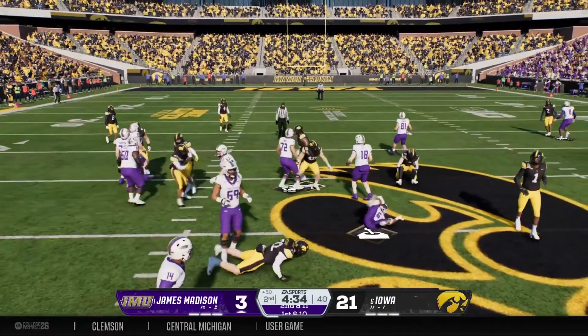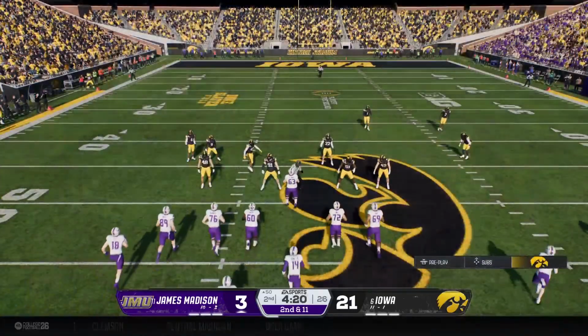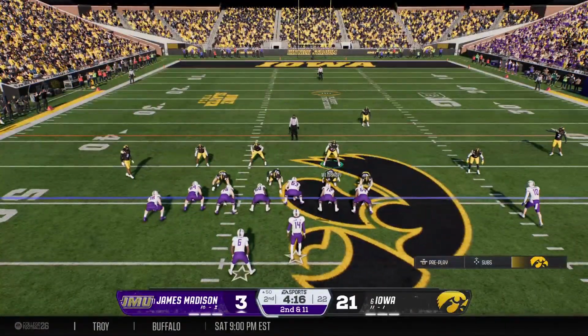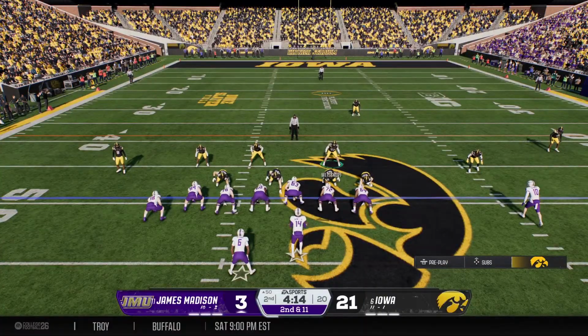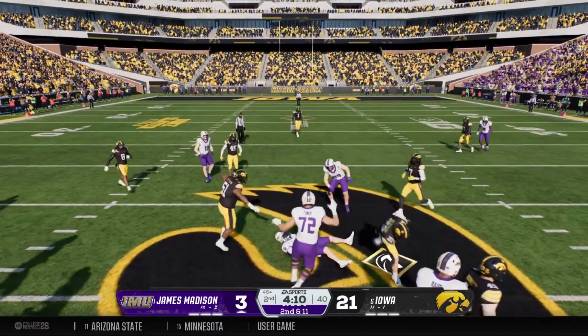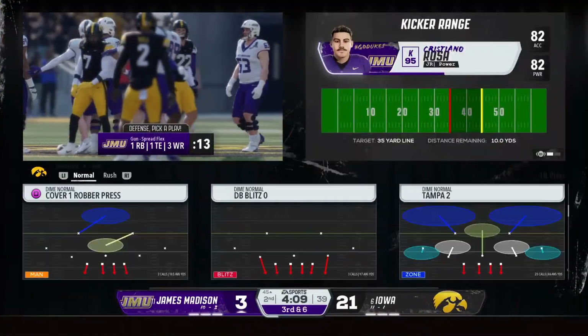Using the ground game here. Tailback has the handoff. Going to try the middle, but stuffed for no gain. Quickly behind the sticks here after the loss. Second down and 11. Dropping back. It's Barnett. Caught by the receiver, to get him down quickly, not much of a gain on that completion.